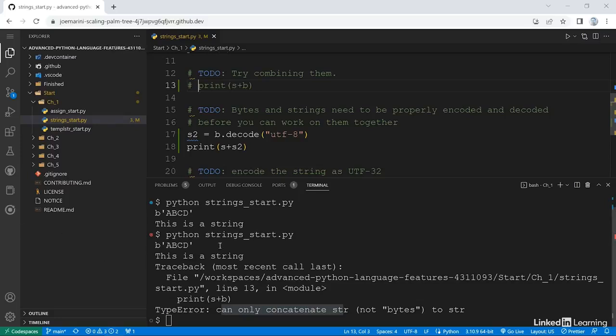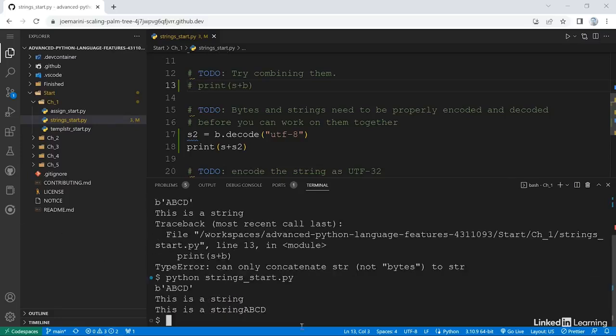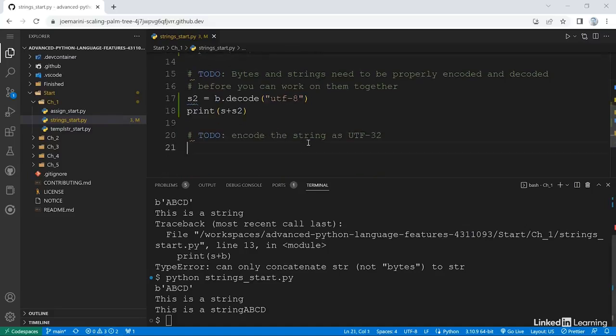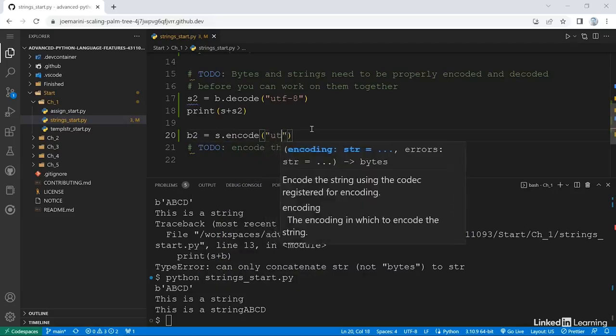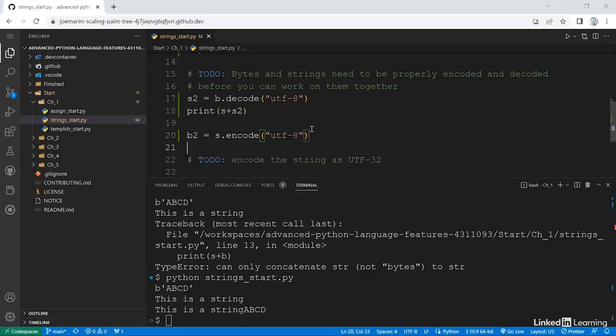So now that I've combined the two, you can see that it works now that I've decoded it into a string. And I can also do the same thing with the bytes. In that case, I would need to use the encode function, which takes a string and produces bytes out the other side. It's the opposite of the decode function. So let's try that with the bytes. I'm going to type b2 equals s.encode, and I'm going to encode it into UTF-8. And then I'm going to print